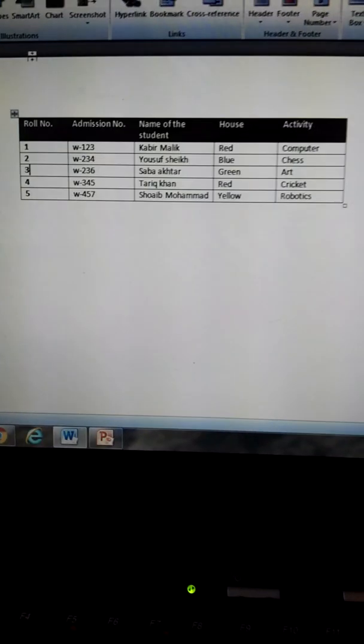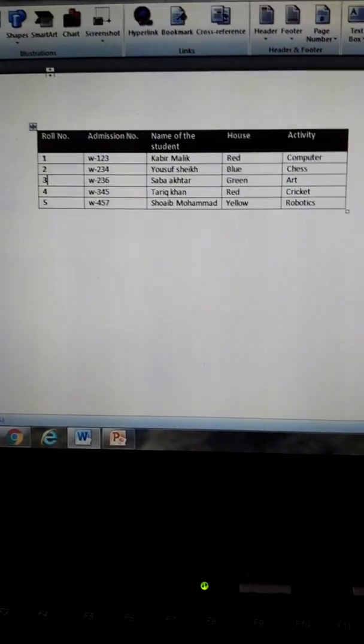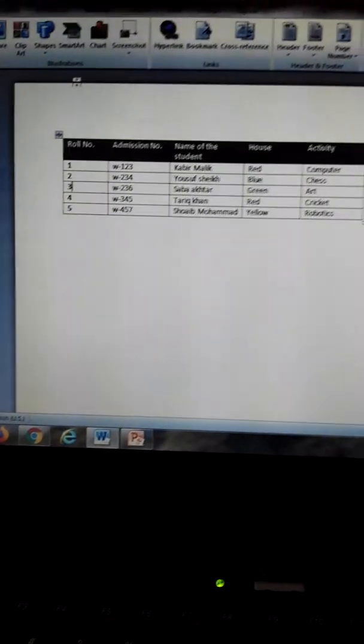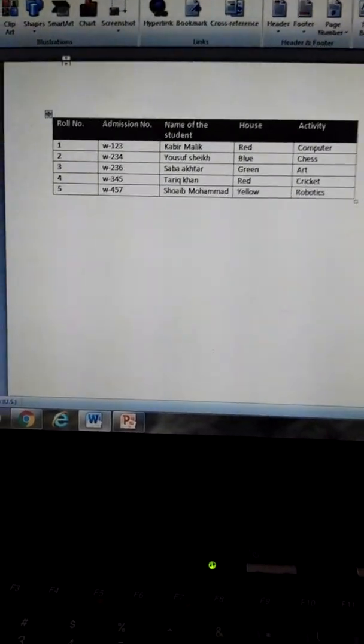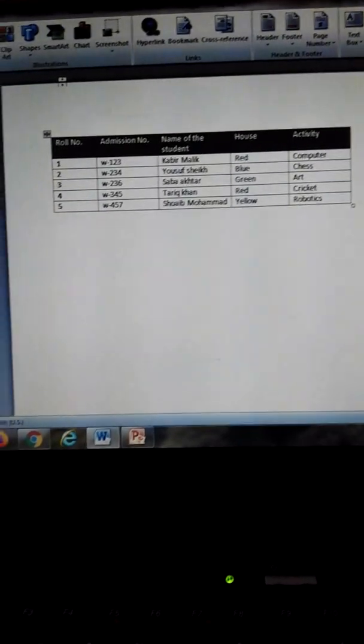As you can see, a table is here in the example. Now look at the screen. I have inserted a table similar to the example, as you can see. Now we will add a new row in our table, right?